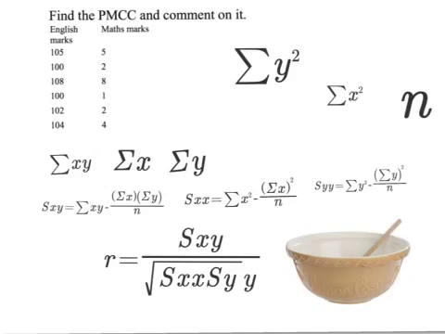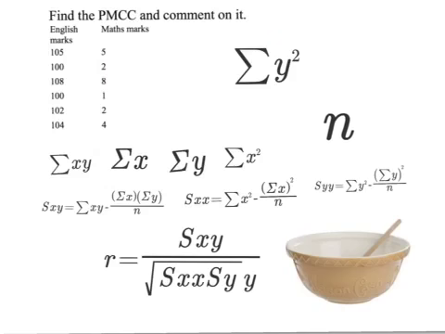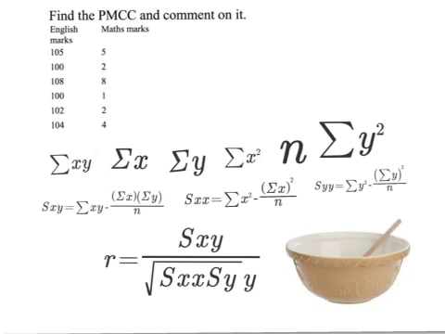SXX is made up by the sum of X squared. There it is. And the sum of X, which I've already got, is there. Oh, and I forgot to say N, didn't I? Sorry, there's an N also in both of the formulae. And SYY is made up of the sum of Y squared, so that's that. And the sum of Y, it's there, and there's an N. Okay, so 6 things giving 3